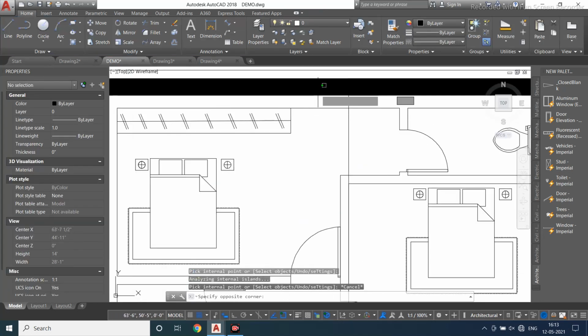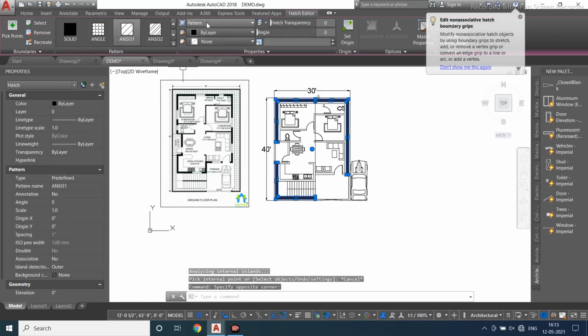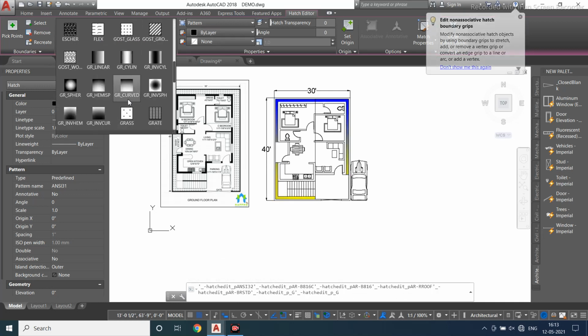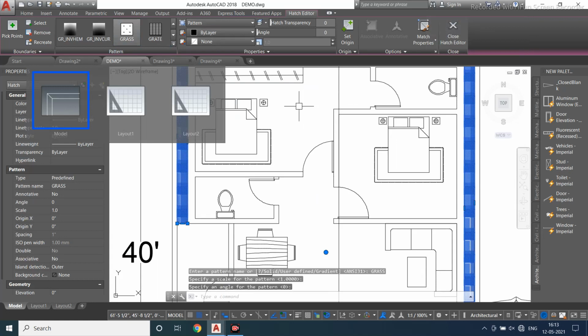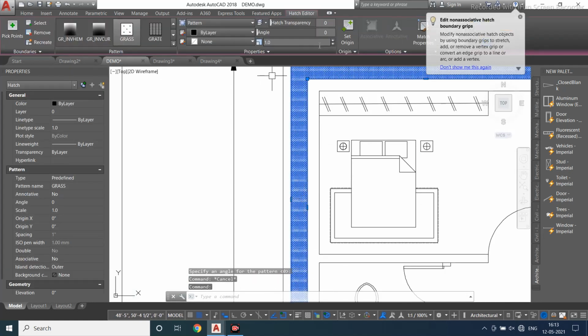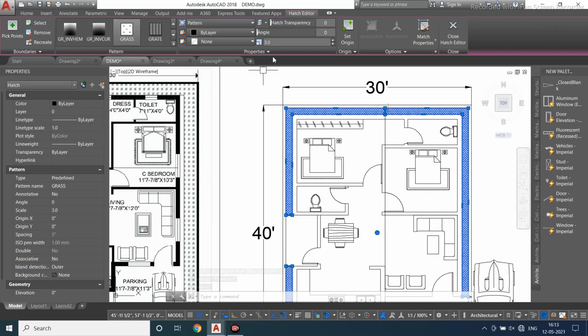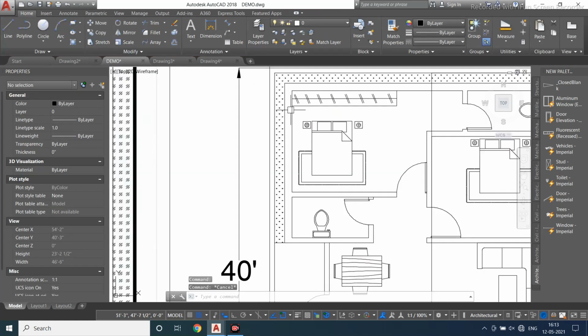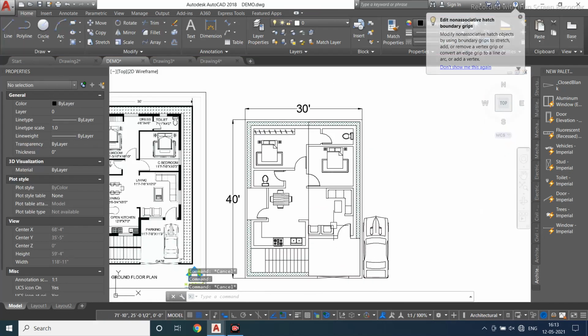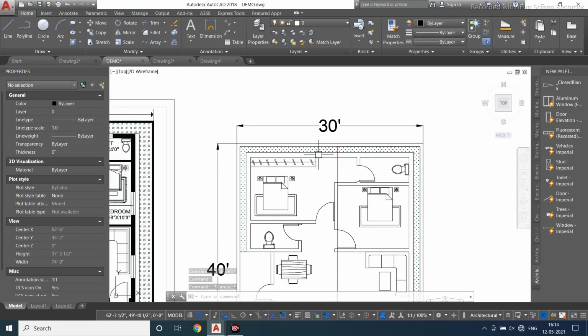Now those hatches I will be introducing, since it is a solid, I'll be giving some pattern to that hatch. So I'll be giving some grasses. So you can see it is very small. So to increase the size over here, scaling will give some 3 or 5. So like this you can give your hatching. Even you can give coloring to your hatch. So it's green. Yeah. So in this manner you can change it.